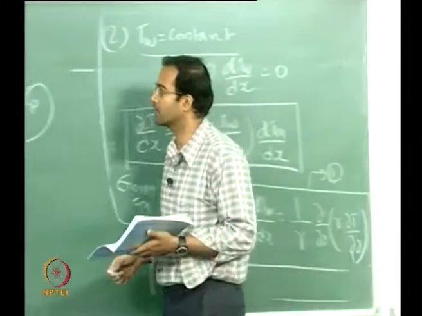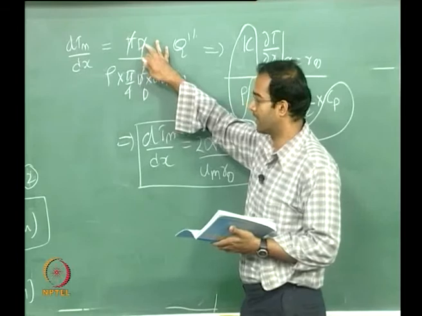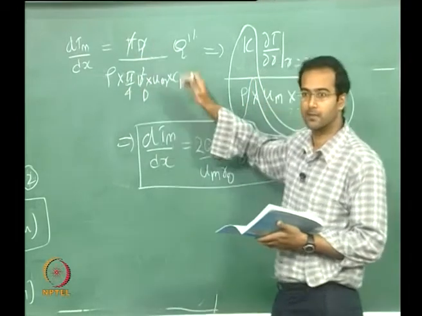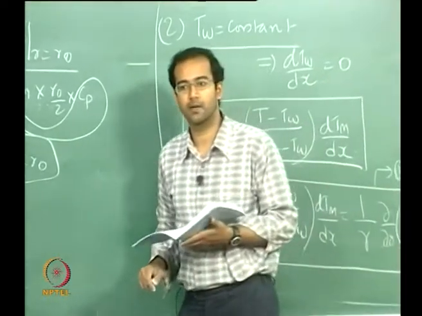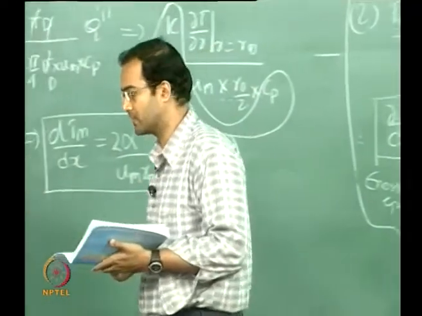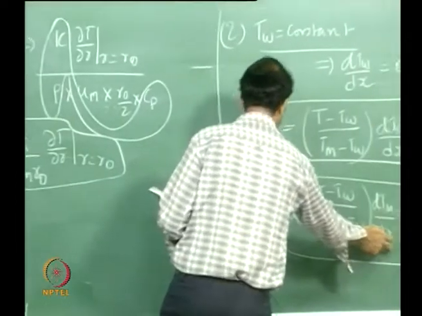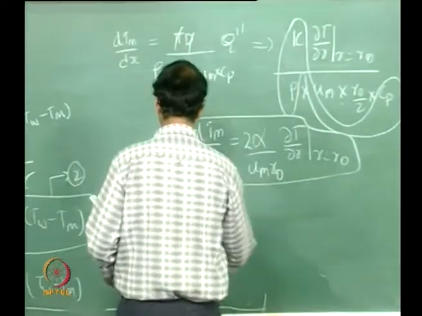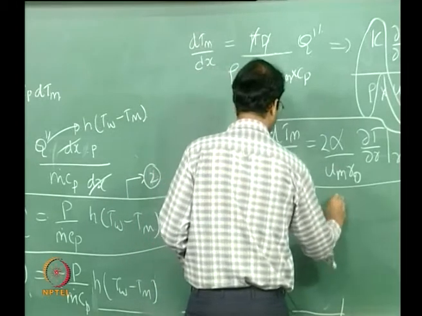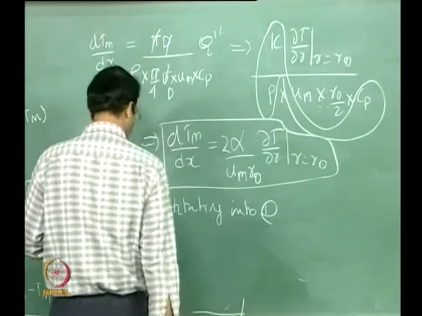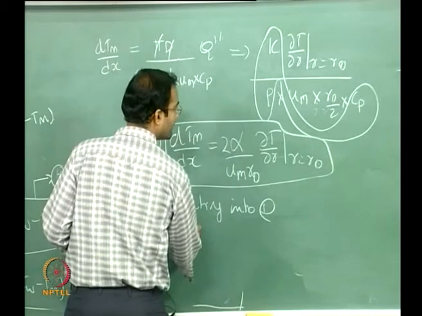So as far as circular duct is concerned, you are just writing in terms of your diameter and of course your mass flow rate, a little bit of simplification, and you get a relationship between dTm by dx and dT by dr at r equal to r naught, which is the gradient of temperature at the wall. So this can be substituted into equation 1 for dTm by dx. So substituting into 1, of course on the right hand side you have the same, on the left hand side you have